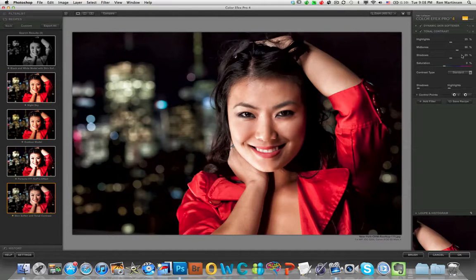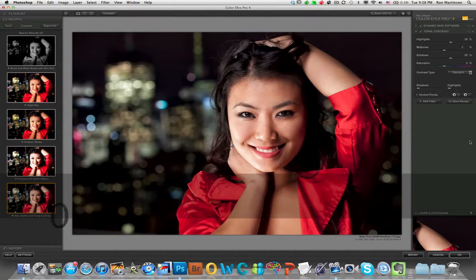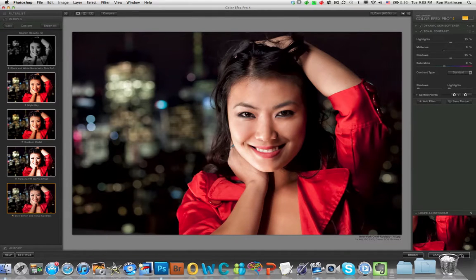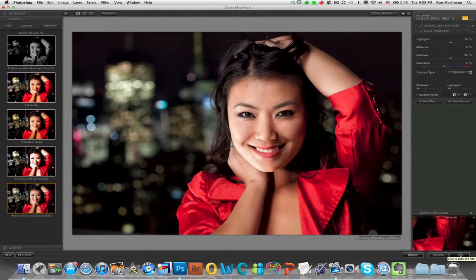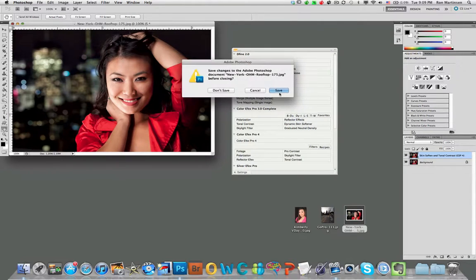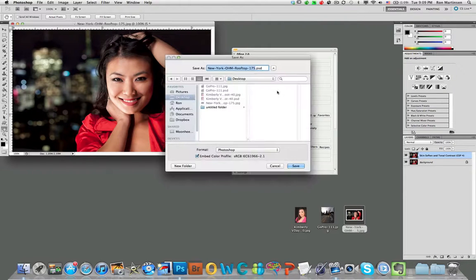And now we have the effect. Let's go ahead and turn that down to 0 so that we don't have that nasty effect on the skin. And I'm pretty happy with that. So I'm going to come here, say OK, and the effect's been applied. If I want to do it again in the future, now I have it in my recipes folder. So in just a second, I have my image nicely edited,